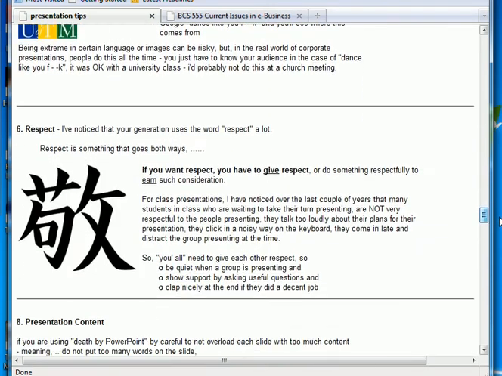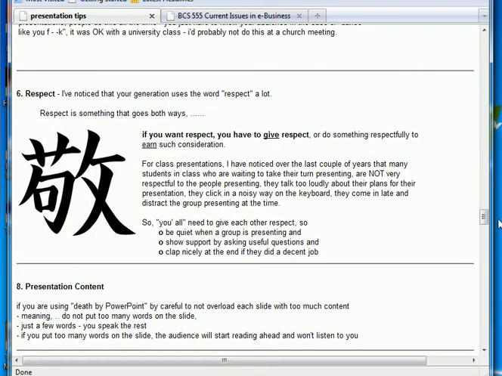There's many examples here. You've got to respect the other people. If you are watching the presentation as a student, you can't get up and leave after your group went and tell me, oh, I've got to go to work early. If you do, you're going to get 0 for that part of the presentation. Because the way that I've structured this is you're not just learning from me in the course, you're also learning from the other students that make these presentations. So if you're not in attendance to hear the other presentations, that's a bad thing.